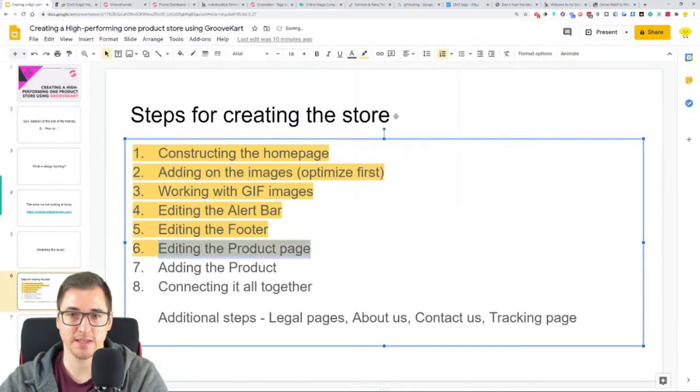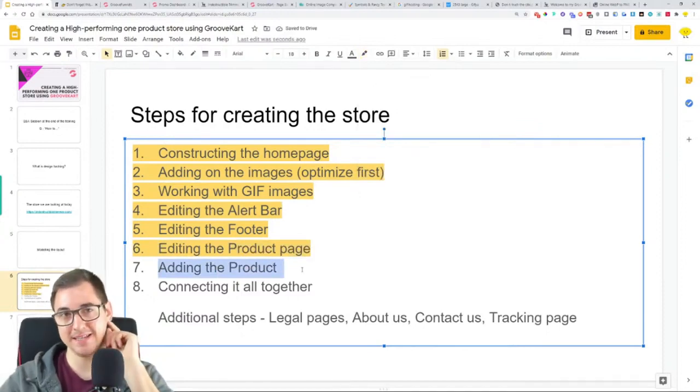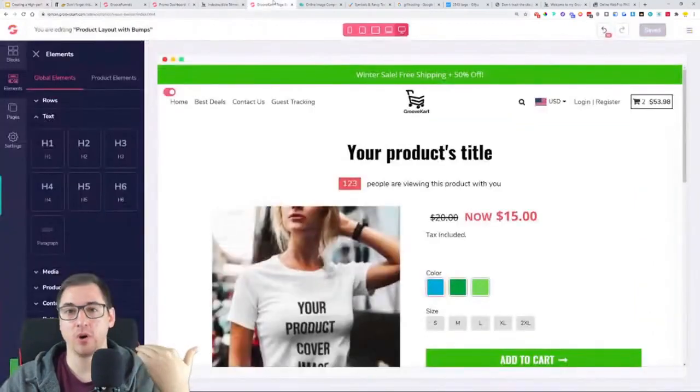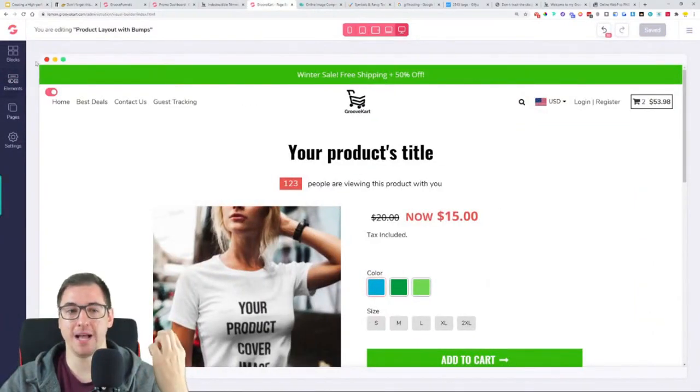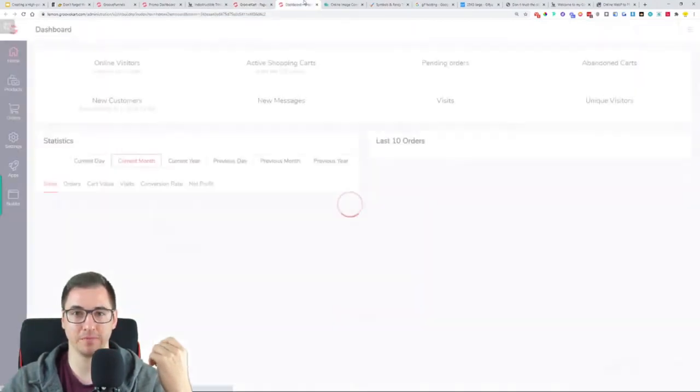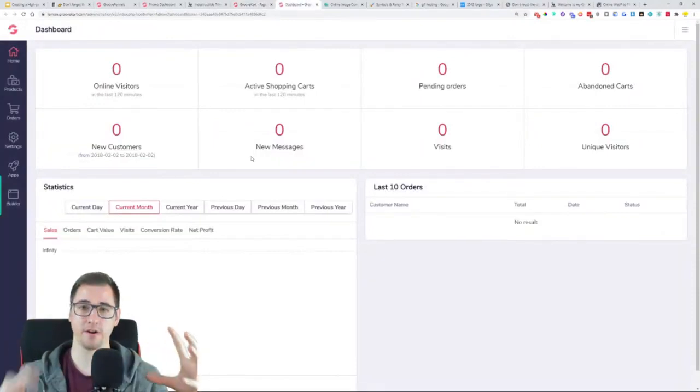Let's just add on a product. In case you haven't done this yet, I will show you exactly how to do it. How do we go on and edit a dropshipping product from AliExpress? We make sure we saved the actual page. We can come on here to the upper right hand side corner and then just open the GrooveKart admin panel in a new tab. This is now our backend